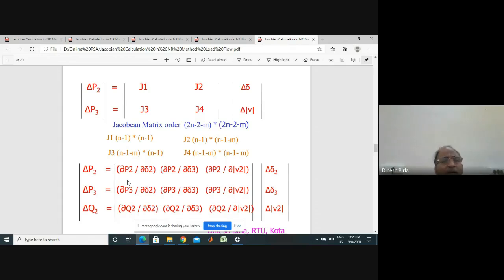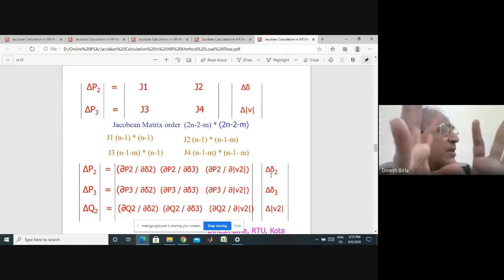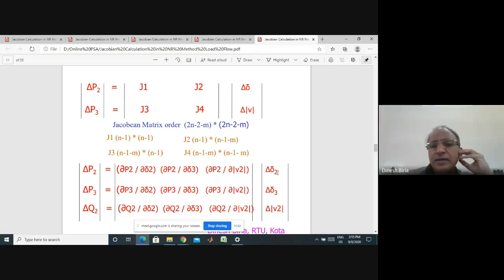Now this small delta represents, in front of each element, here we have got delta on the extreme left hand side and on the extreme right hand side. This represents the small change. When we take a numerical example, I will let you know why we are interested in calculation of small change. For the present, I will just say that if you know the delta 1 or say any angle, delta 2 or delta 3, let us take delta 2.